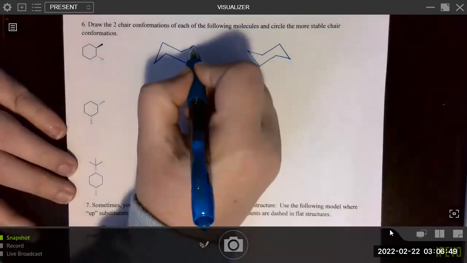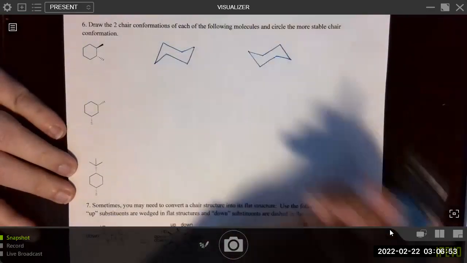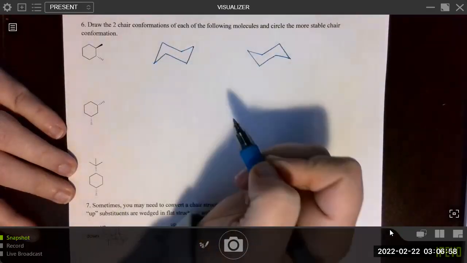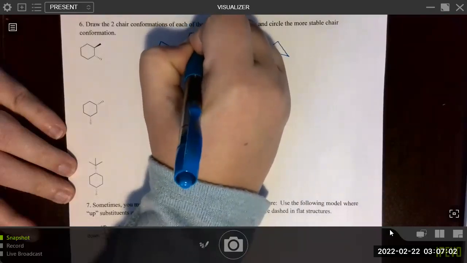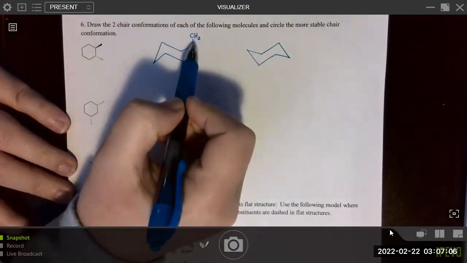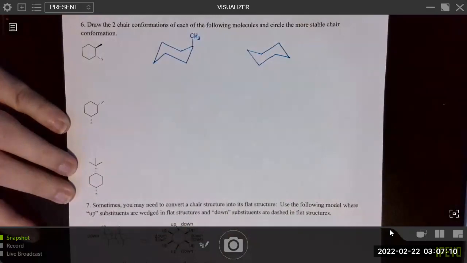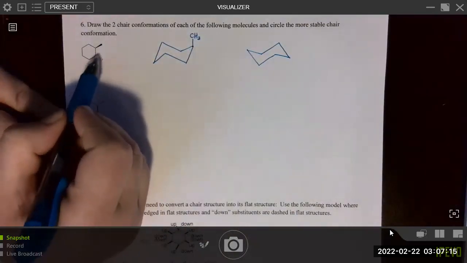So let's say I place it at this carbon. Then I want to place it in an up position, and the up position at this carbon happens to be axial. So I'm going to do, again, this is the up methyl, and it's placed in an up position. At this carbon, the up position happens to be axial. And then if I'm going clockwise, I run into another methyl that's down.